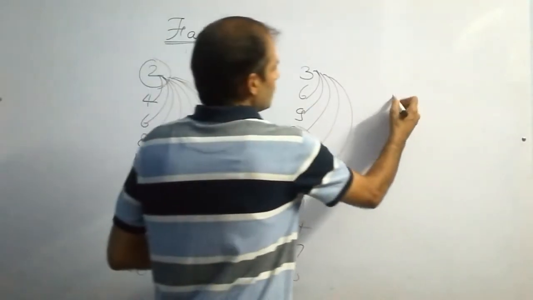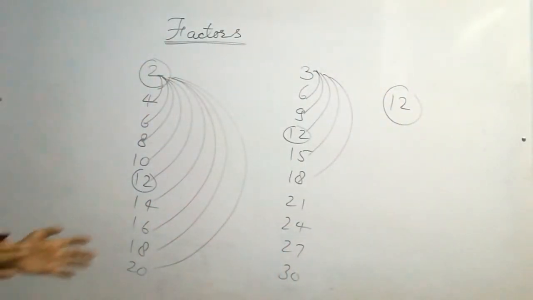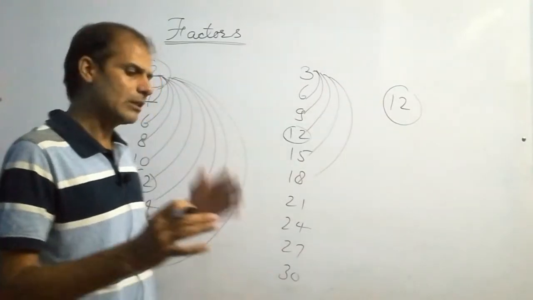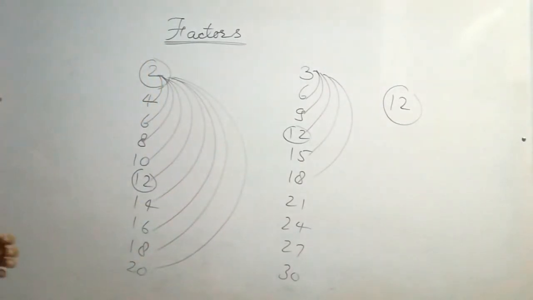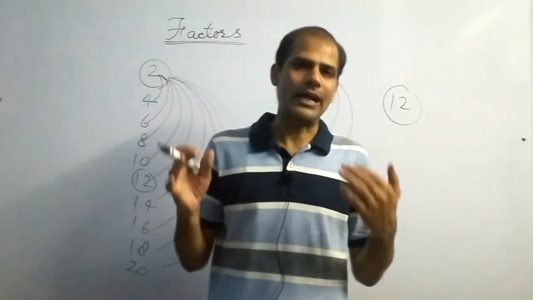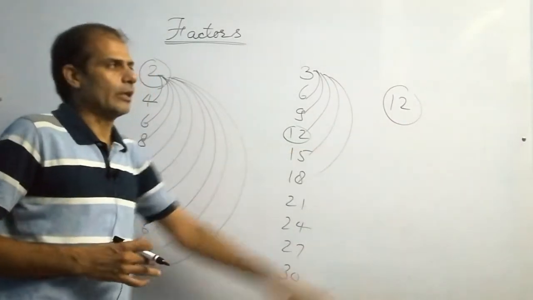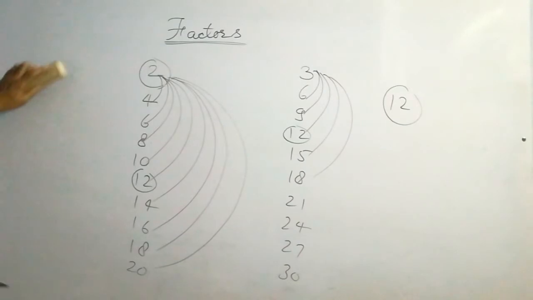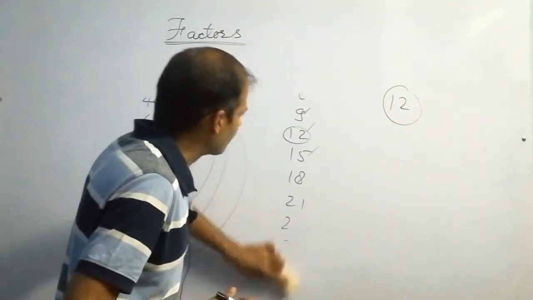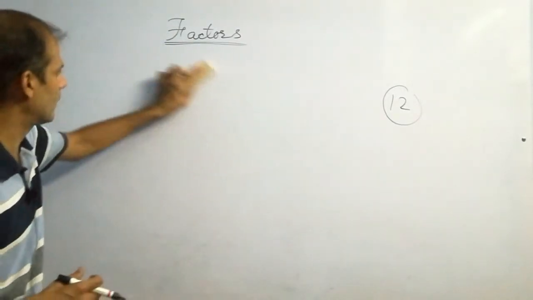So I am going to tell you how to find the factors of 12. This is a random number I have taken. You can consider any other number, for example, factors of 50, factors of 10, factors of 18, in such a way. So students, I hope you have noted this. I am erasing this. Now, factors of 12.